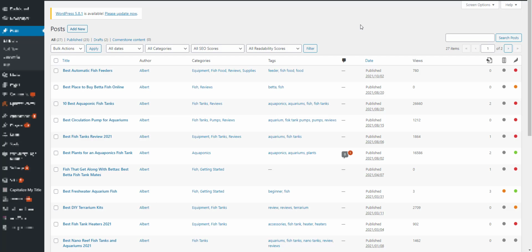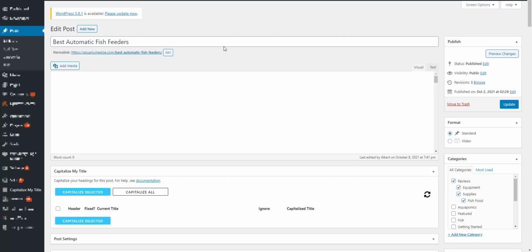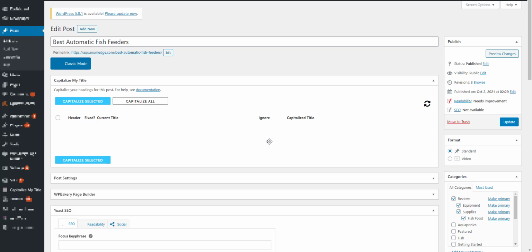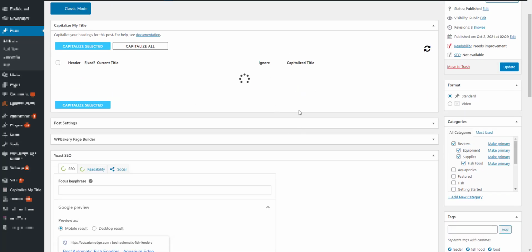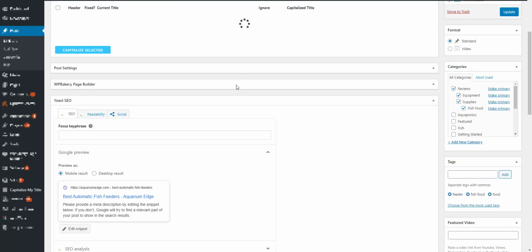Today I'm going to walk you through how to use Capitalize My Titles WordPress plugin's bulk update feature. Now I have this existing blog with a bunch of articles here, and I'm just going to click on this one to show you what an existing article looks like. Best automatic fish feeders. You obviously have the Capitalize My Title plugin that's loading here, and let's take a look